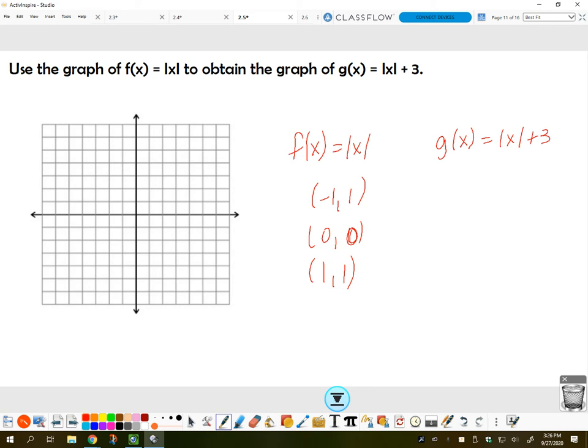We're going to do up 3. So we're going to take these points and everybody's going to move up 3, which means the y's are going to have 3 added to them. So these points become -1, 4, 0, 3, and 1, 4. So all you have to put on your graph are the new points